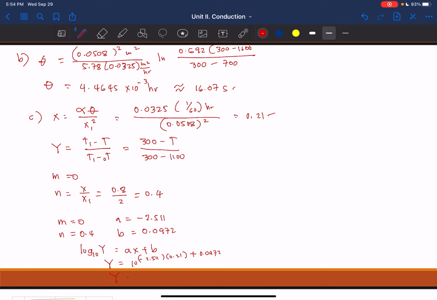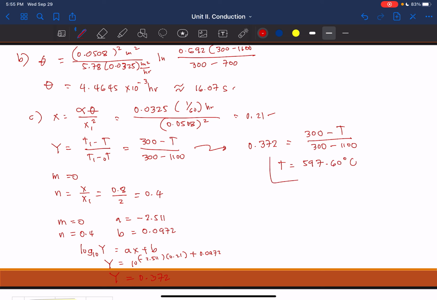Finally, you get the value of y to be around 0.372. Knowing your y, plug it into this equation, so 0.372 is equal to 300 minus the temperature that is missing, which is the temperature 0.8 inches from the center, T, all over T1 minus the initial temperature of 1100. Finally, you get your temperature to be around